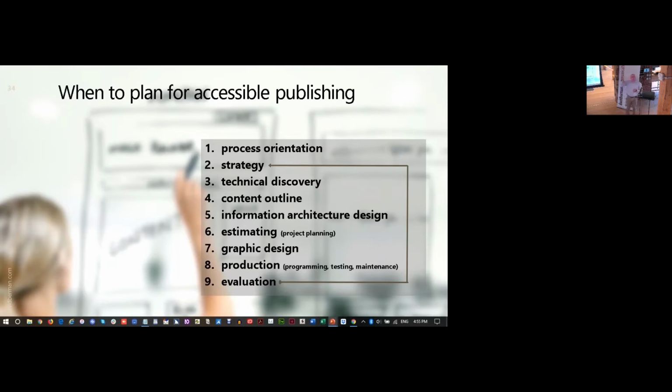If you forget to put the baking soda in the mix, when you take it out of the oven later, you can't just sprinkle baking soda on the top and have the same cake, right? So there are fundamental things. It's the same with accessibility. Some things you can tack on later. Some things you can just sort of use a shiv and jimmy them in there, right? But some things you can't do if the thing is baked. So from the inception, from the first time a client says to you, we need this,